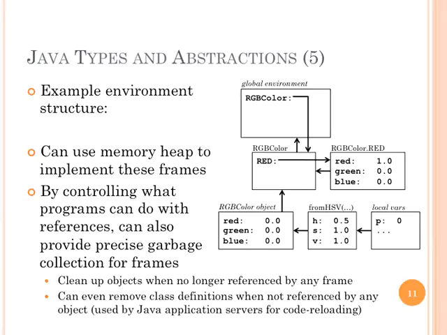So if we do those things, then we can go ahead and provide precise garbage collection as well, which is really neat. And even further, which I mentioned here on the last point, Java has this really interesting thing where it can even garbage collect types, and that will allow you, for example, to do dynamic class loading so that you can start a class loader, run one version of your application, all your classes get loaded into that class loader,